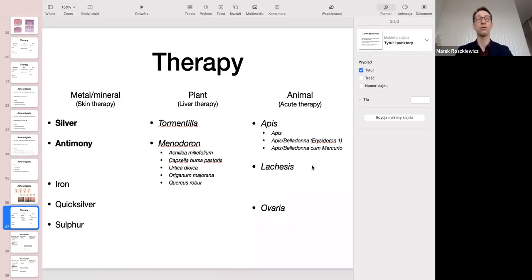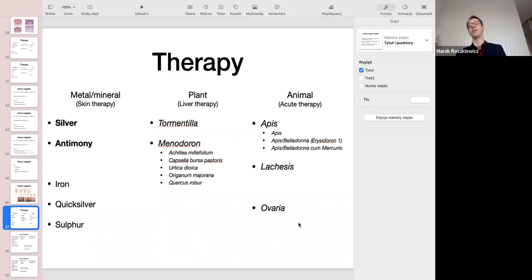In my practice, I also use Equisetum cum Sulfure tostum, so it is the combination between Sulfur and Equisetum. I don't remember the English name now, but probably you have heard about Equisetum before on the seminars. If not, just give me afterwards some information, so we can also go a bit deeper in some remedies.